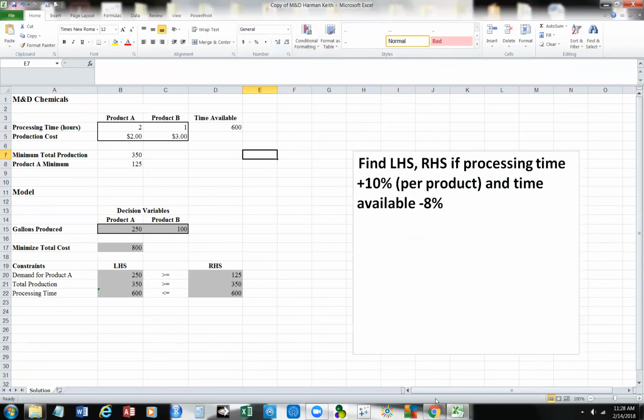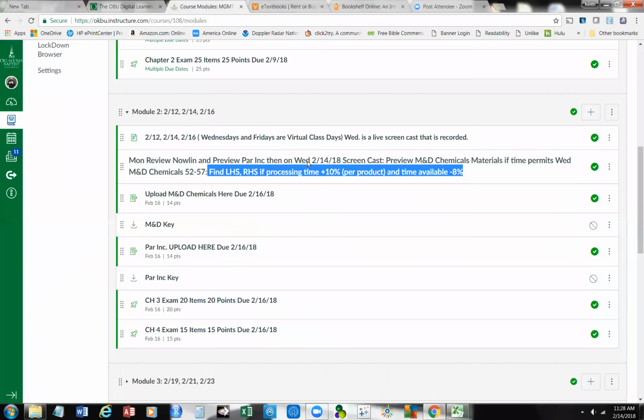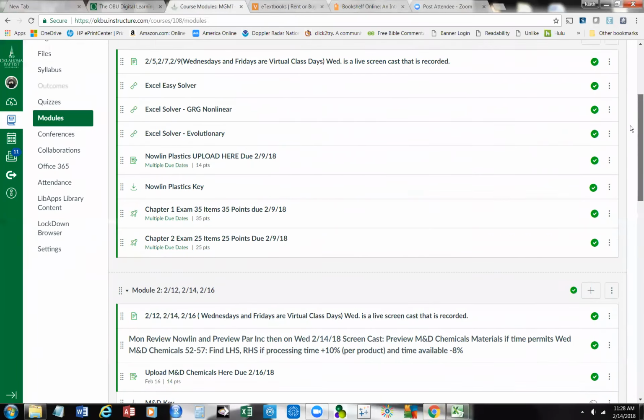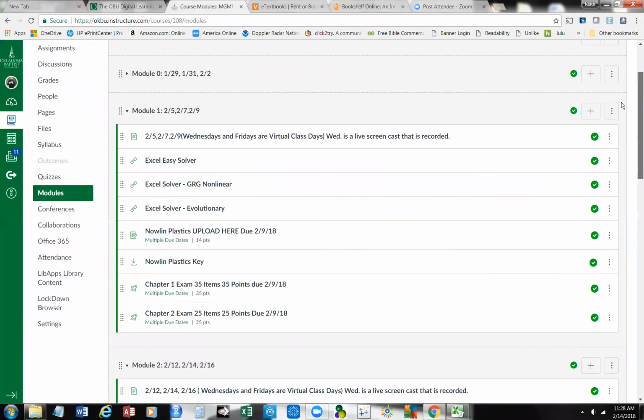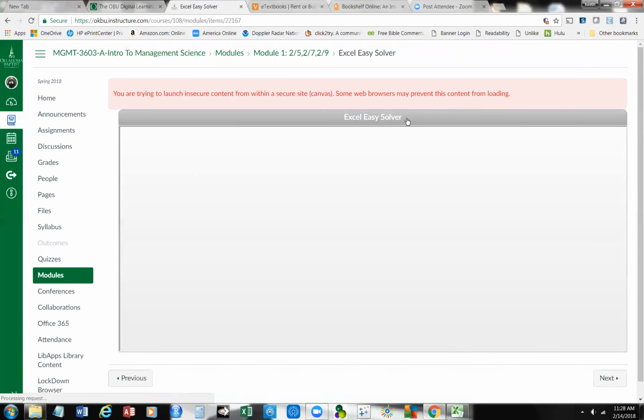Now, if I'm not mistaken, and I'm pretty sure I'm not, I have some resources for you in addition to the textbook to help you understand what that's all about, to read the output and to look at it and to interpret it. Now, you have the textbook that will tell you, and that's important stuff. By the same token, though, you need some other resources, and one of them is Excel Easy Solver. I'm going to go over there,